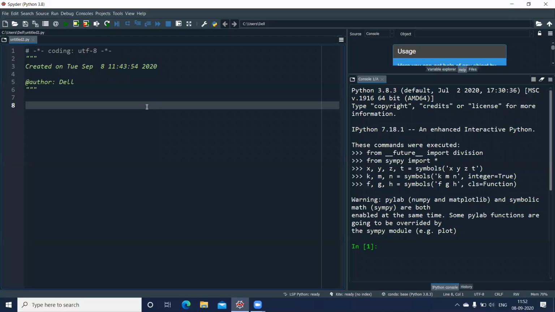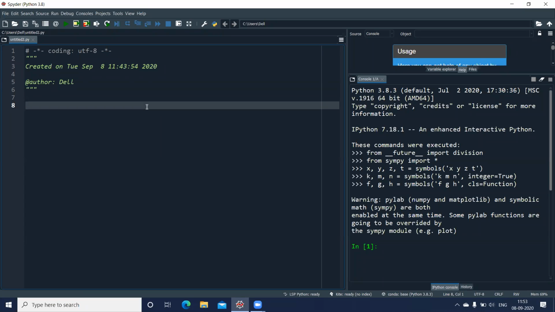So whenever you define a class, the class will contain data members and methods. The methods and the data members can be accessed through the dot notation, or the operator, you can call it the dot operator. Whenever you want to declare a class, we make use of the class keyword. So let us take an example, and whenever I come across some special concept, I'll just let you know.